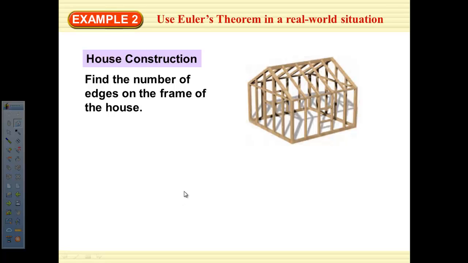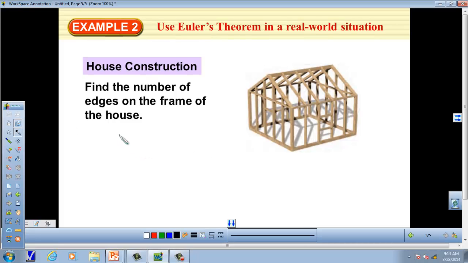We're now looking at Euler's theorem to figure out the number of edges on the frame of this house. Again, this is pronounced Euler, not Euler. The formula is F plus V is equal to E plus 2. So we're going to find the number of faces and number of vertices and use that to find the number